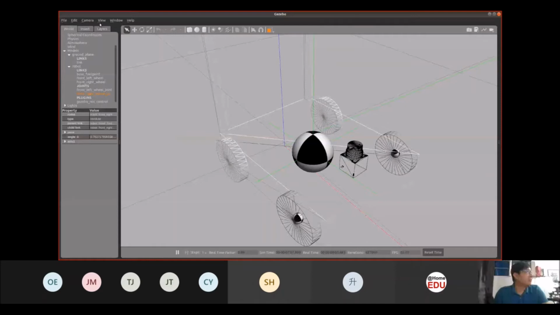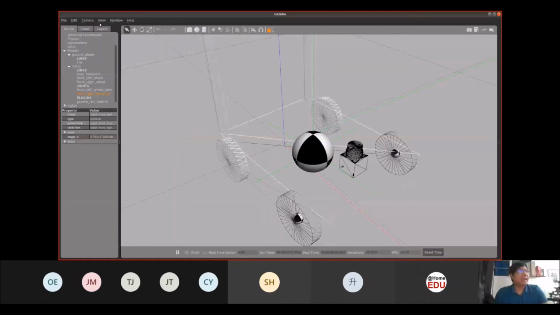If you notice, I'm not sure whether it's clear on your side, but if you zoom in over here, you can see the wheel actually having its own inertia frame itself, and the body is also having an inertia frame. If you notice, the inertia is slightly slanted this way.